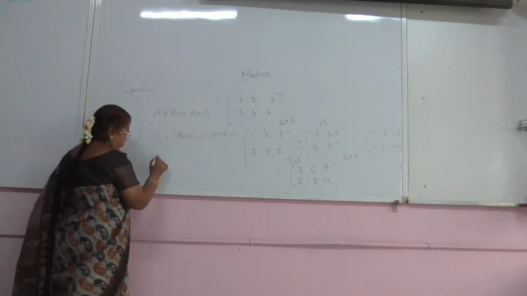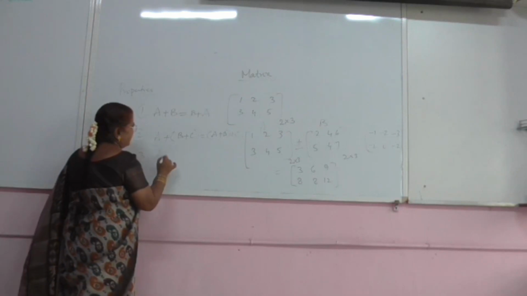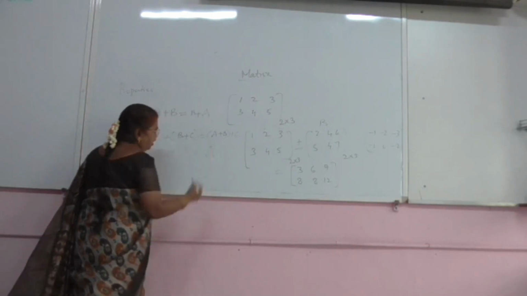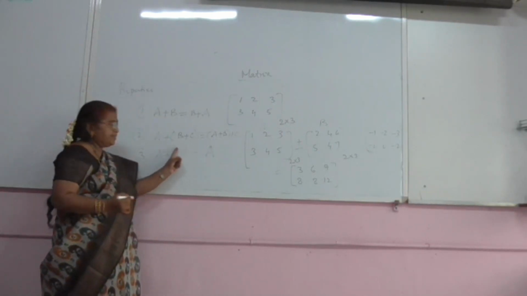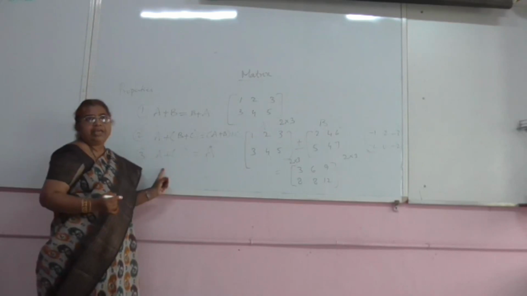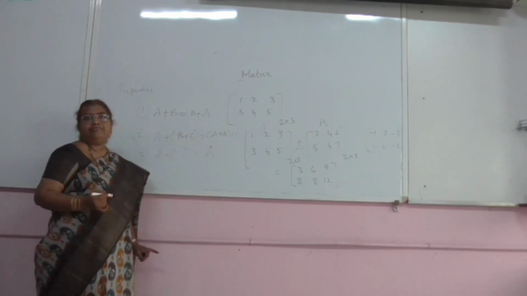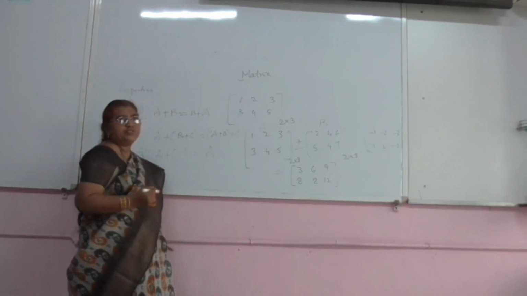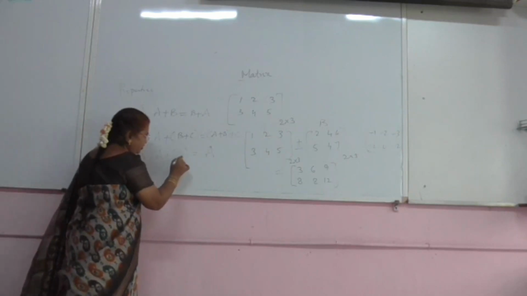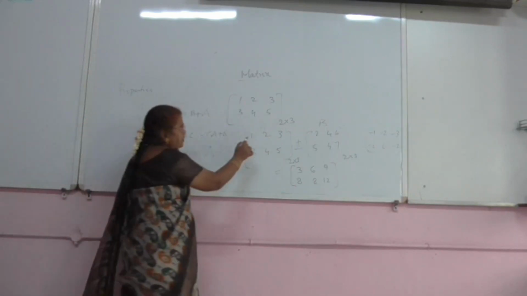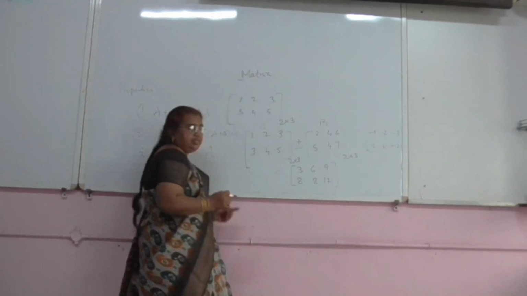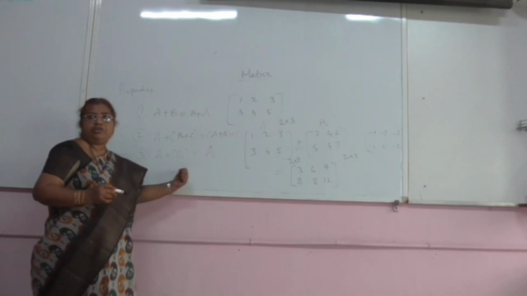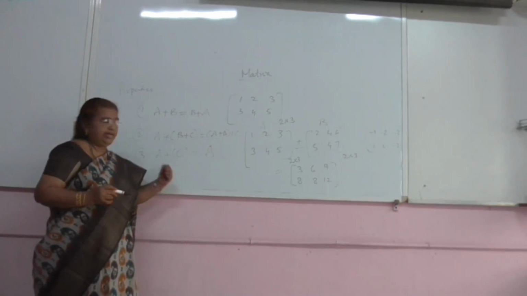Now third property. Suppose we take any matrix A and add some other matrix. We will get again A only. What is this matrix? A plus which matrix equal to A? Adding which matrix to A gives A again? 0. Therefore this is the 0 matrix, that is, 0 0 0 0 0 0. That 0 matrix is called additive identity. Since A plus 0 equal to A, 0 is called additive identity.